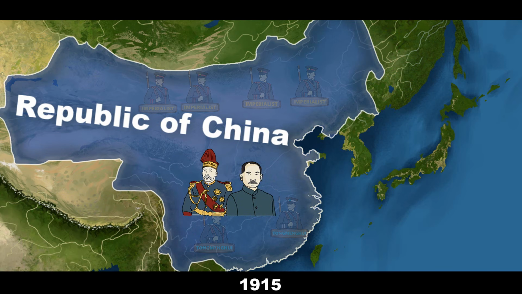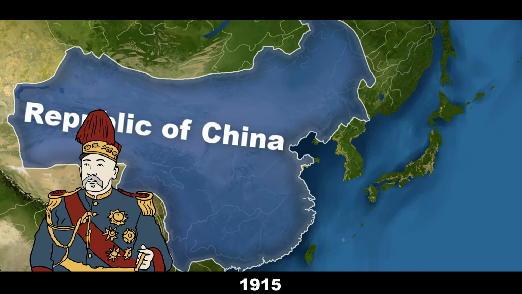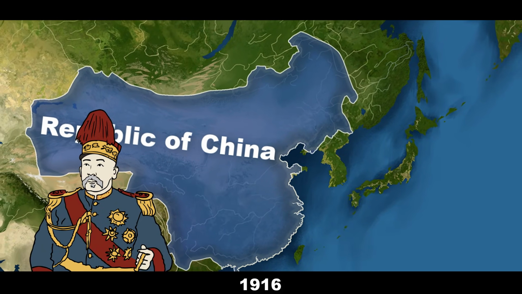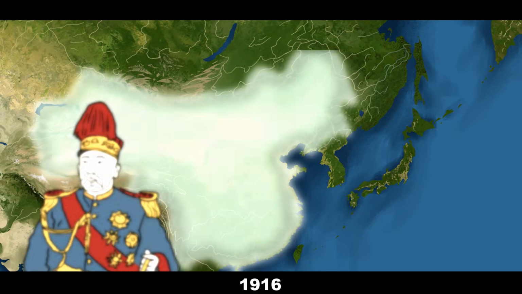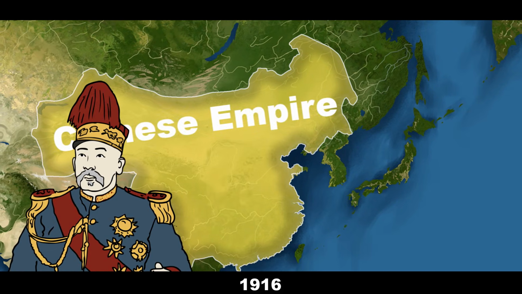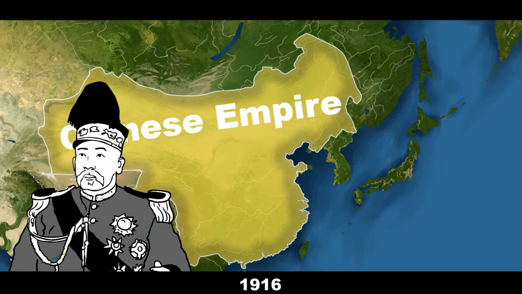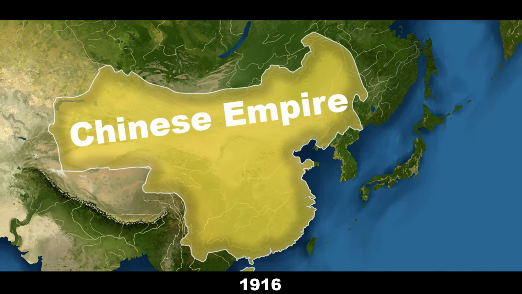From there, things didn't exactly go as planned. Yuan imposed a military dictatorship and exiled Sun Yat-sen after he formed the opposing Kuomintang, or KMT. In 1916, Yuan proclaimed himself Emperor of China, pretty much missing the point of the rebellion entirely. He quickly lost much of his support, and after his death, China was once again balkanized into regions under the